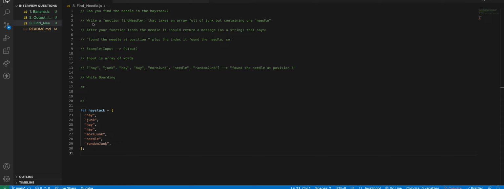Here they're asking: write a function, findNeedle, that takes an array full of junk but containing one needle. After your function finds the needle, it should return a message as a string that says "found the needle at position" plus the index where it found the needle. For example, the input takes an array and the output should come as "found the needle at position